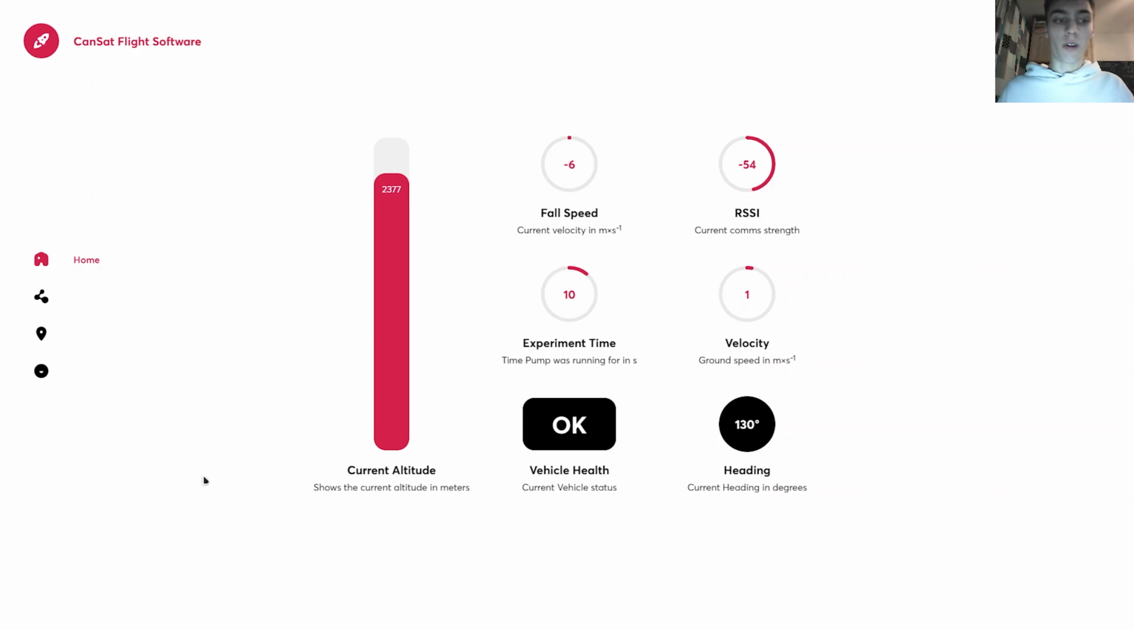So let's walk you through first what these things are. This is the flight software, obviously. You've got the home screen, you've got the data view screen, you've got the location display, and then you've got the status. Now, this screen shows you the altitude. It also shows you the fall speed, the RSSI, the experiment time, that is, your secondary experiment time, the current velocity relative to the surface of the Earth, that's just from the GPS, the vehicle health, and then also the